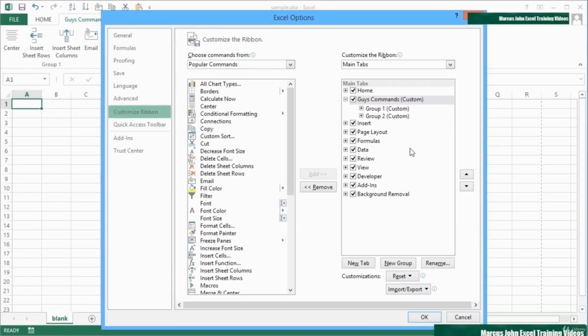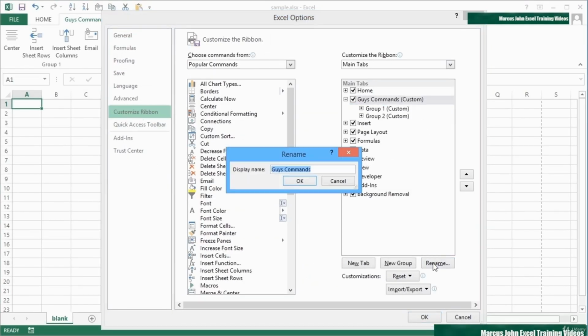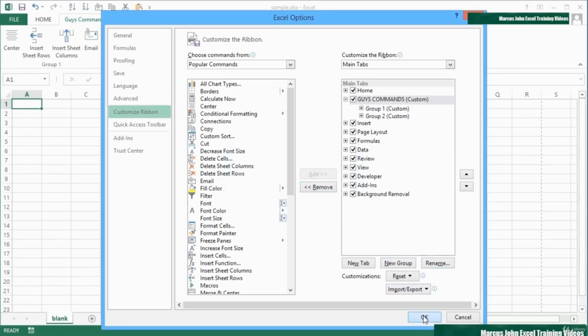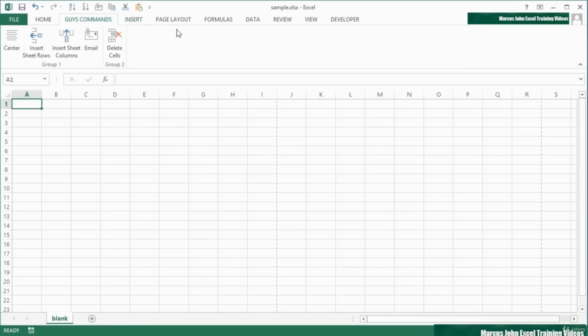It would be a good idea to rename that to be guys commands. That way it falls in the same pattern: uppercase, uppercase, uppercase. So you see we can add icons to the quick access toolbar. Any icon you like for a command that exists in Excel can be added to the quick access toolbar, and